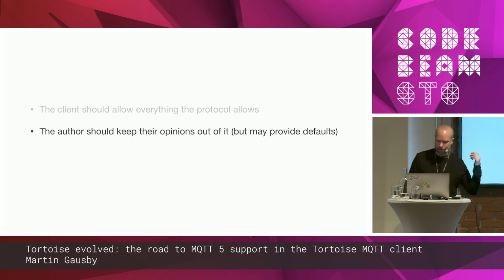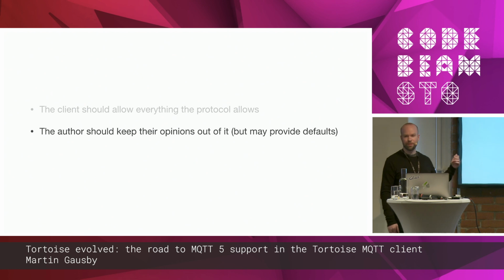If the protocol defines something that I don't necessarily agree to, I should keep that to myself and just implement it, because my users would expect the features from the protocol to be in the client. But I can provide defaults, and